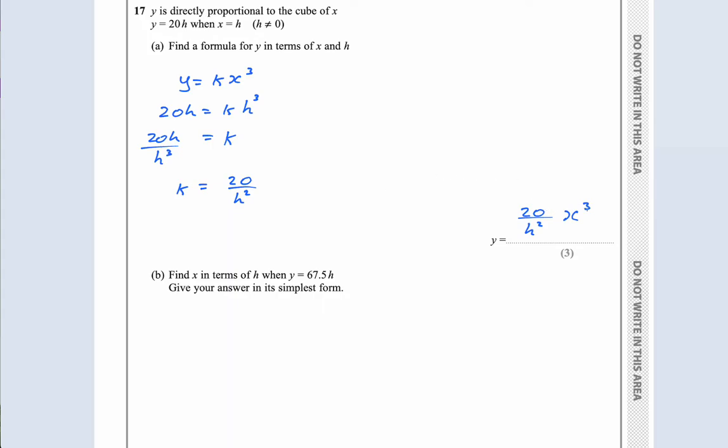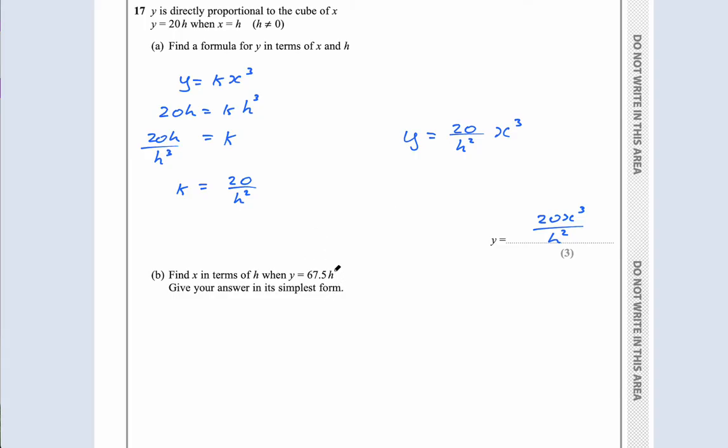Obviously you could write it as 20x cubed over h squared. Same thing. In fact, maybe that would be better. So I'm going to write y is equal to 20x cubed over h squared. Okay, find x in terms of h when y is equal to